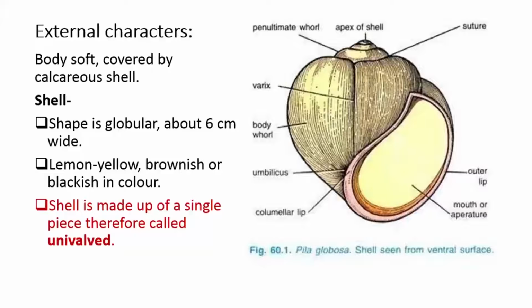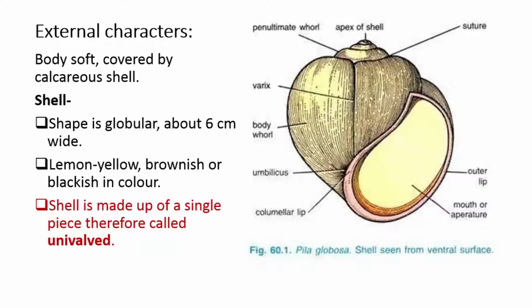External characters of Pila globosa means how externally this animal looks. What are the peculiar characters? What are the characteristic features of this organism so that we can identify this organism easily and correctly. This Pila,